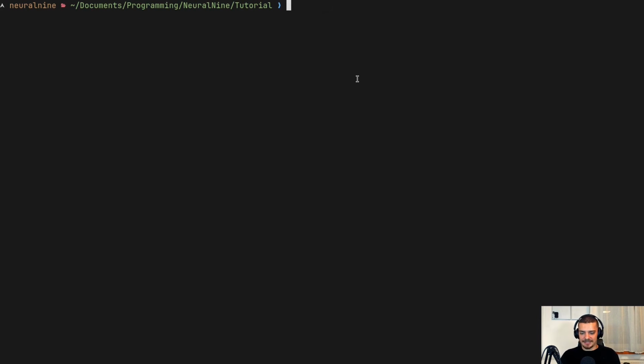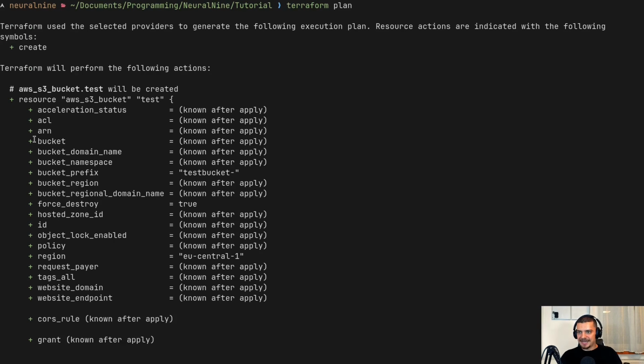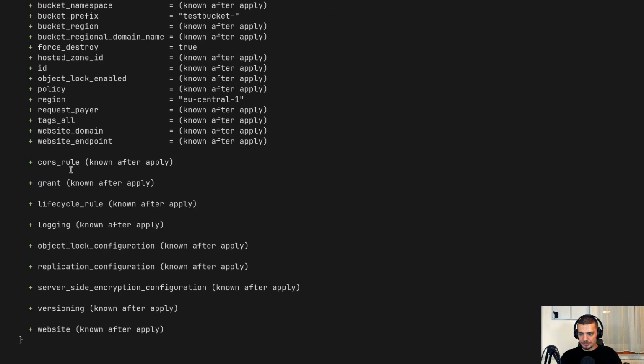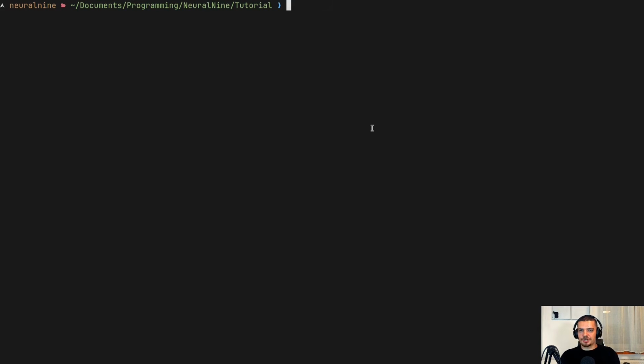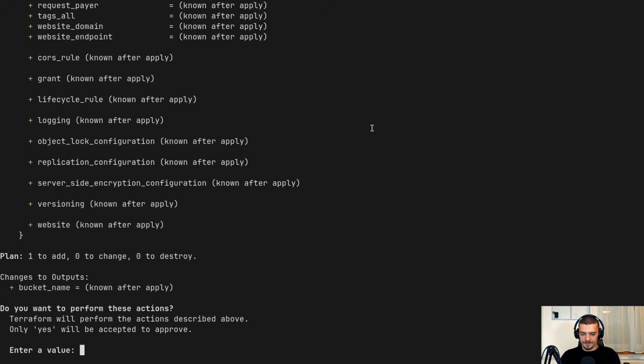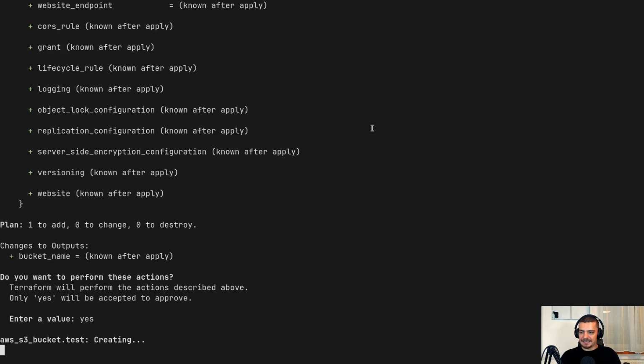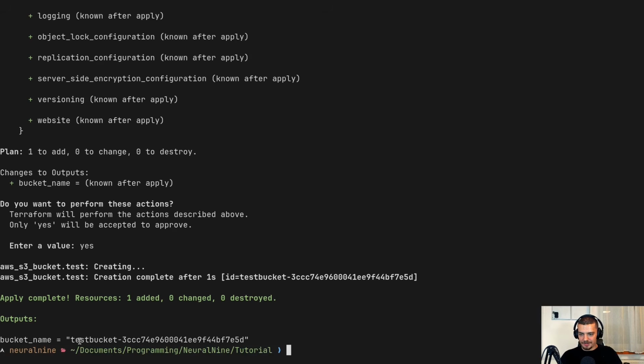Now, I don't have to run it right away. I can also see what the plan is. So I can say terraform plan, and it will tell me what it's going to do without actually doing it, without actually asking for permission. And here it tells me basically all the changes it's going to apply. One to add, basically just a bucket, and then it will output the bucket name. And this is going to be known after apply once the bucket is created. So with this information now, I can just go and say terraform apply. This is going to actually spawn or create the bucket. I can say yes to confirm, and this will then take the action and return the bucket name, as you can see here.